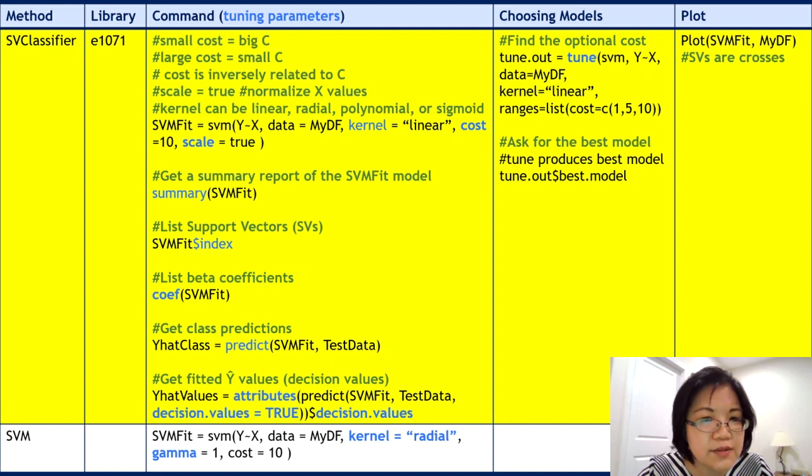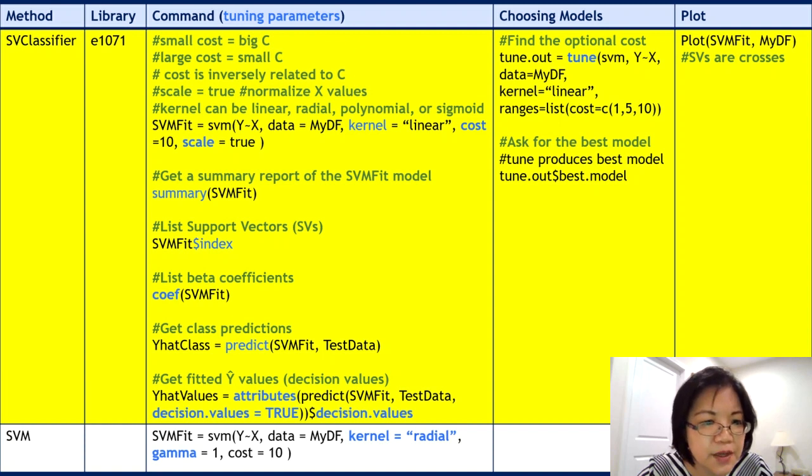Scale means that you normalize the X values, because you can see that SVM models are constructed using geometry, Euclidean distances, optimization mathematics. It's very sensitive to scale. So you definitely want to normalize your X values before you run SVM. You can get a summary report of the model using the summary command. You can see a list of support vectors by using